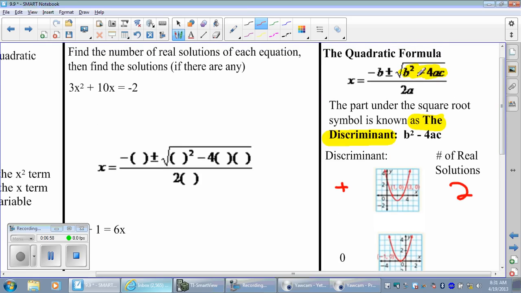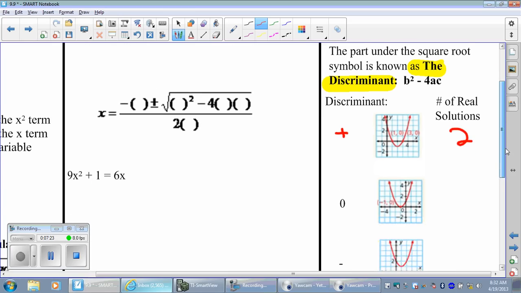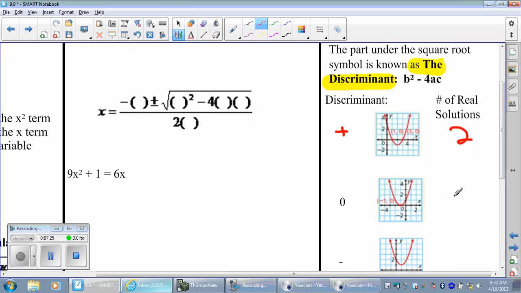Well, when the value of the discriminant is 0, what if b squared minus 4ac was 0? Well, what's the square root of 0? The square root of 0 is 0. Now look here, plus or minus. That means, then this plus or minus, what does it do to add 0 versus subtract 0? Well, there's no difference. So when the value of the discriminant is 0, you're actually going to have 1 real